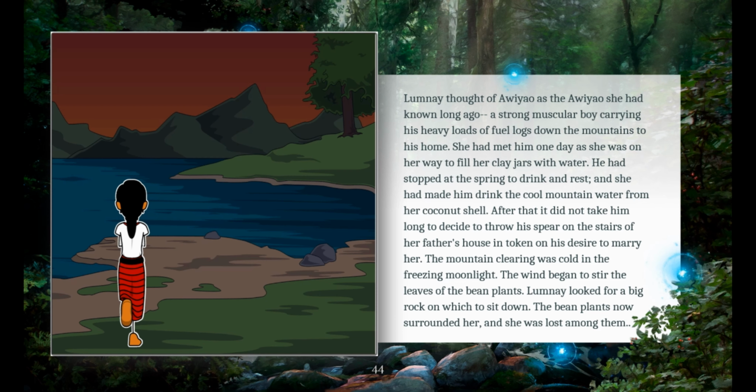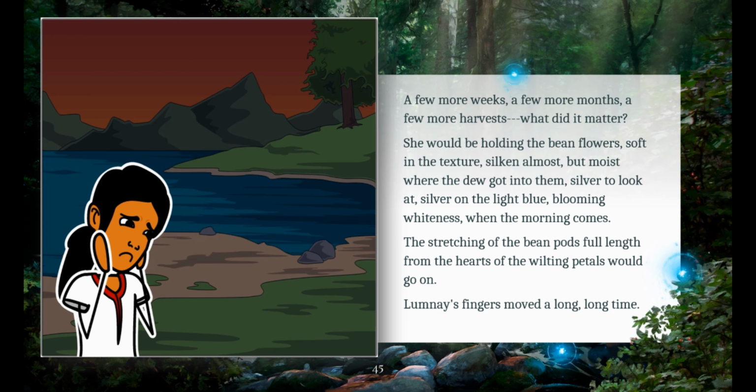The mountain clearing was cold in the freezing moonlight. The wind began to stir the leaves of the bean plants. Lumnai looked for a big rock on which to sit down. The bean plants now surrounded her, and she was lost among them. A few more weeks, a few more months, a few more harvests. What did it matter?